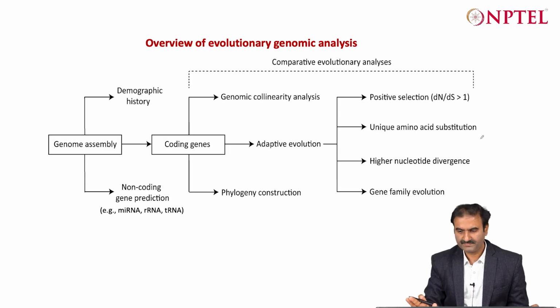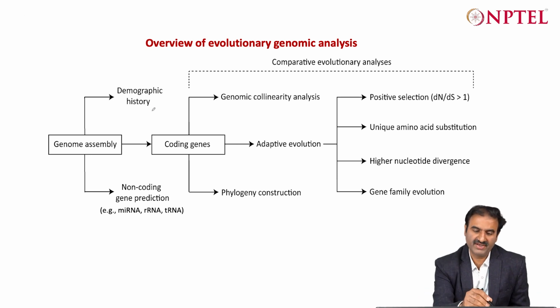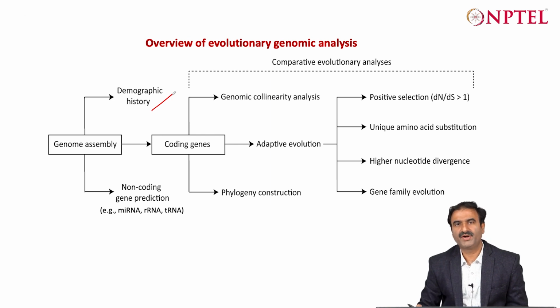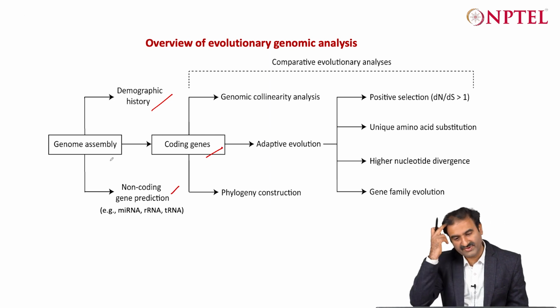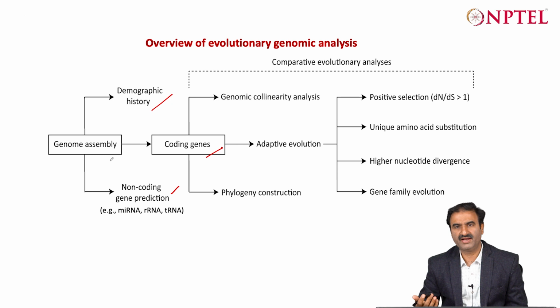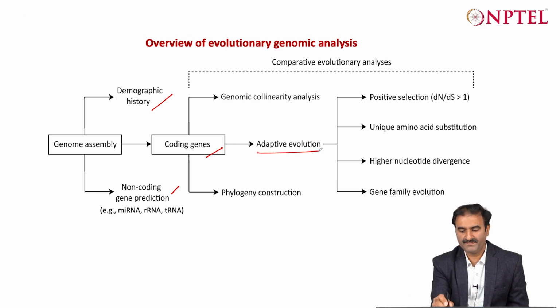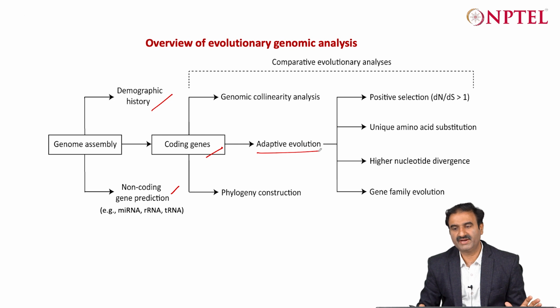So as I mentioned, there are several aspects of genomic analysis. You can do the demographic history, like at what time their population changes in terms of the population structure of an organism, because populations do face declines during various time periods during evolution. Then we have to predict the coding genes and the non-coding genes after the genome assembly is done. And then we can do genome collinearity analysis with the closely related genomes that we have, which is part of the comparative evolution analysis. We can determine the adaptive evolution, and also determine the multiple signs of adaptation using